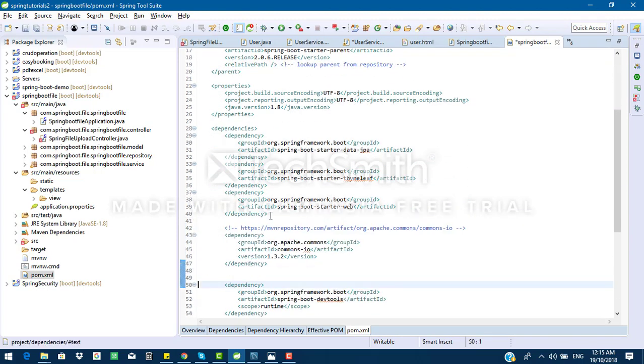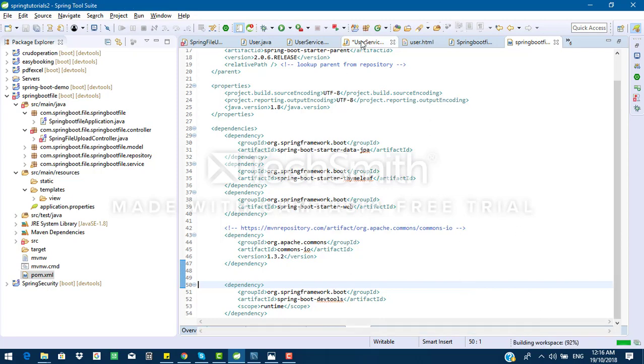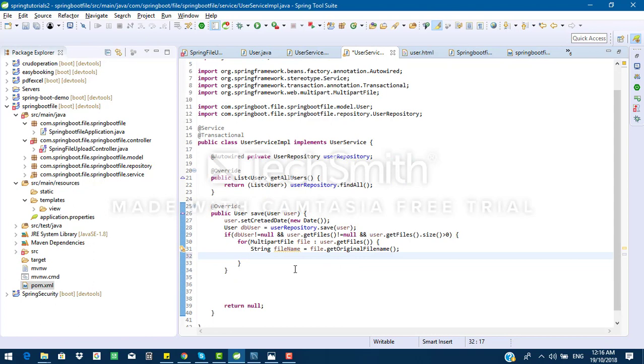Then I'm going to add org.apache.commons.io, which is required because I need to store that file on the server. For that purpose I am using org.apache commons. That jar file is downloaded. Now I am going to add a string